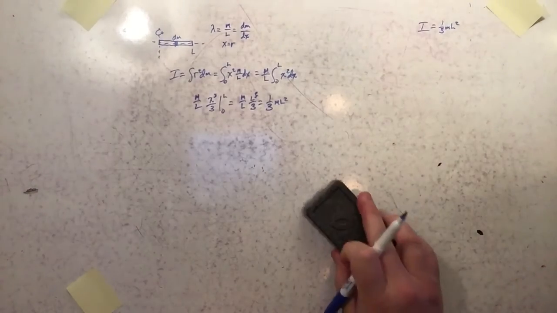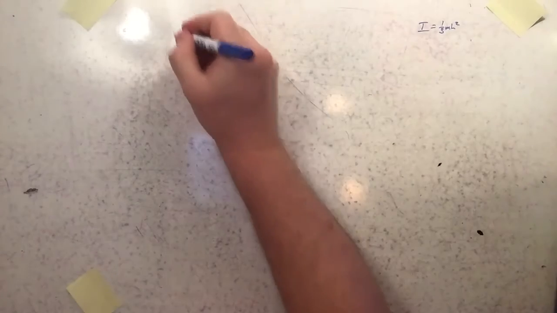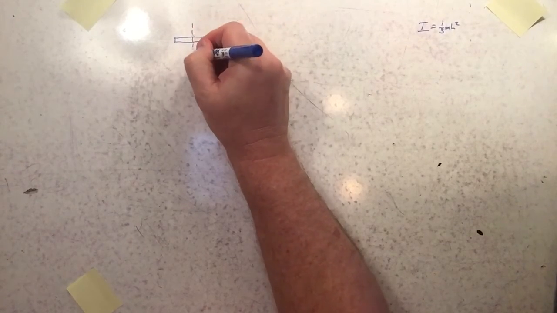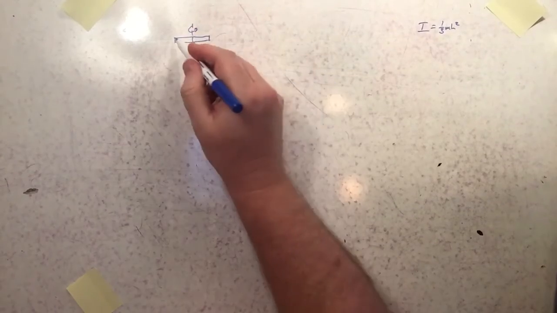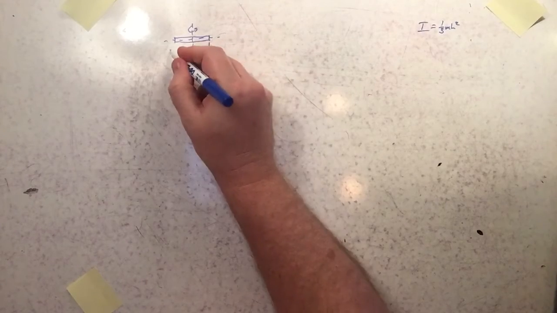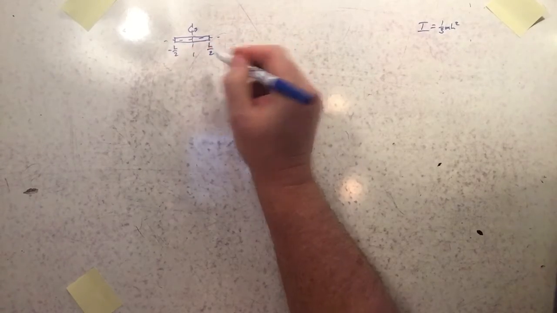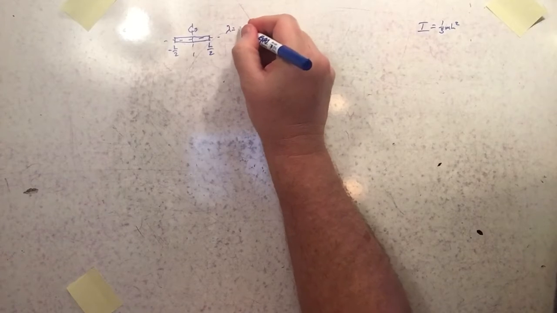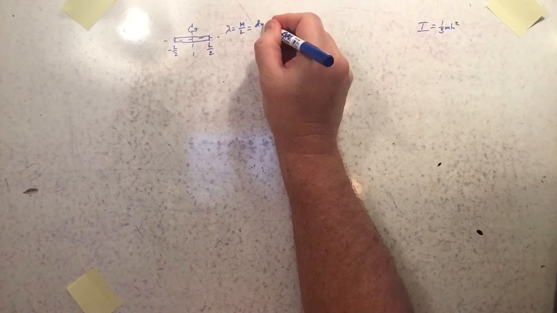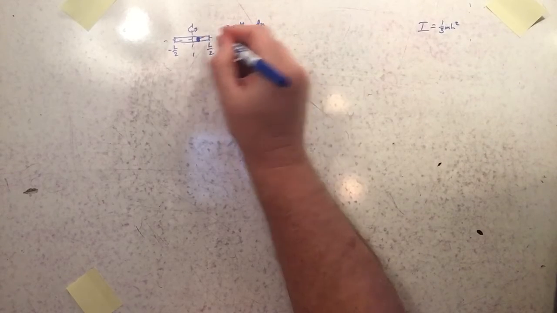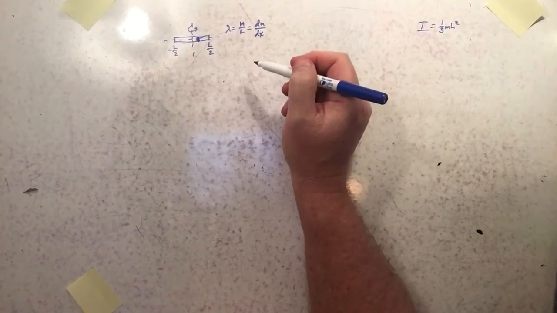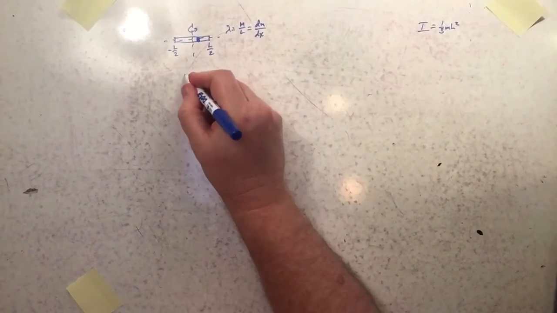Okay. Let's do the same problem, except now we will rotate the rod about its center. So now our rotational axis is right here. We'll still place the x-axis along the rod. So now the length will run from L over 2 to negative L over 2. And we'll use the same elements as before. Lambda is equal to the mass divided by the length, which is also this little element right here, its mass in its length dx, and we'll calculate the same